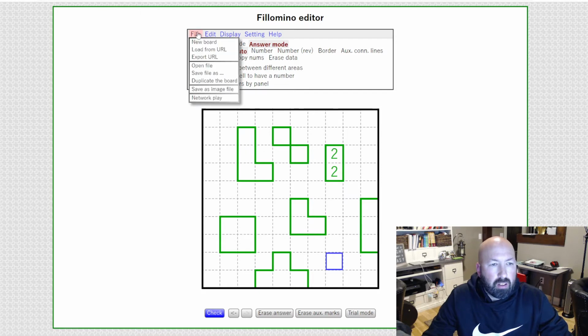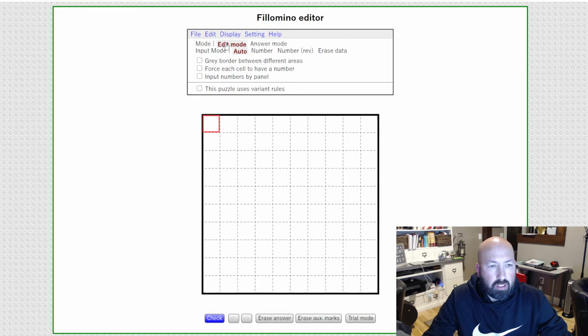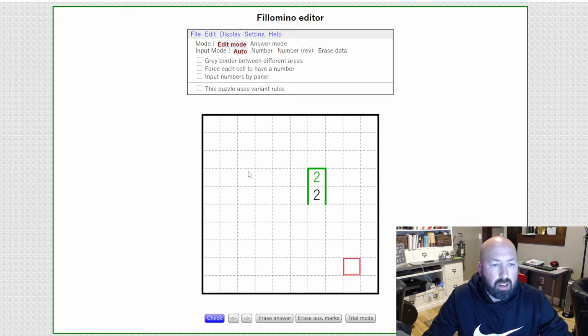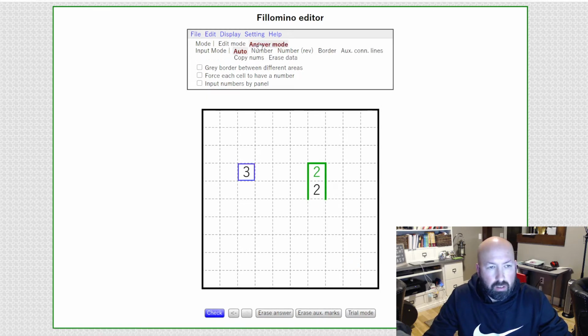So you'll have numbers in the grid, like if you had a 2, for example. This has to be part of a region or a polyomino that is size 2. So it could be there, or it could be down here, or any of those four directions, and that makes a domino. If you have a 3, then you can do something like this,